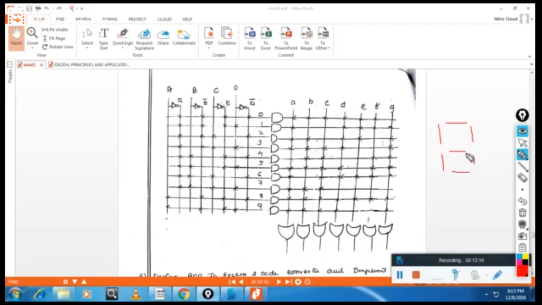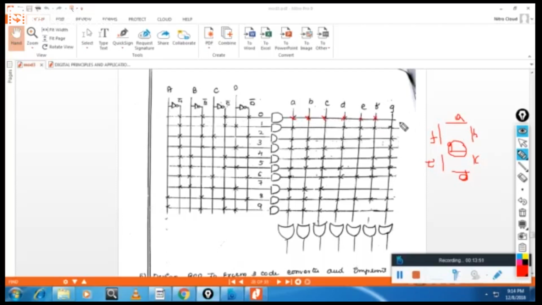These are the 7 segments. So this is segment A, this is B, this is C, this is D, this is E, this is F, and this is G. To represent 0, I should forward bias all the LED segments except G. That is reverse biased.